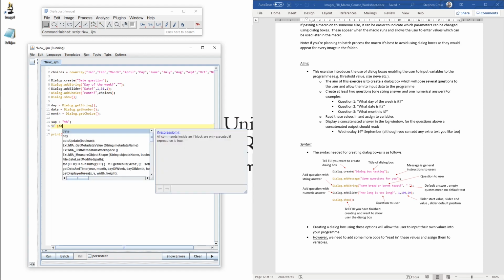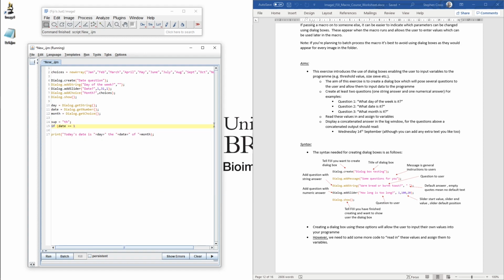So it says if date equals 1 or date equals 21 or date equals 31, sup equals st. So here, if we redefine this as 21,